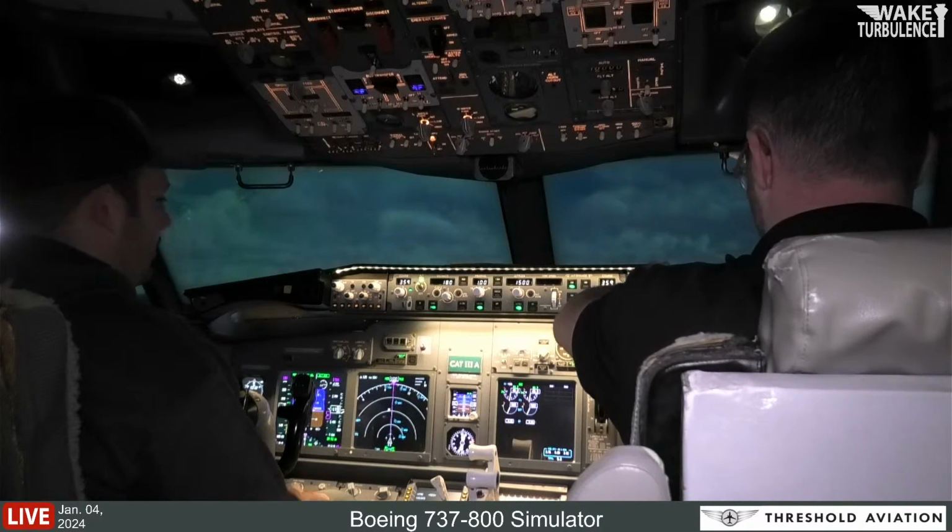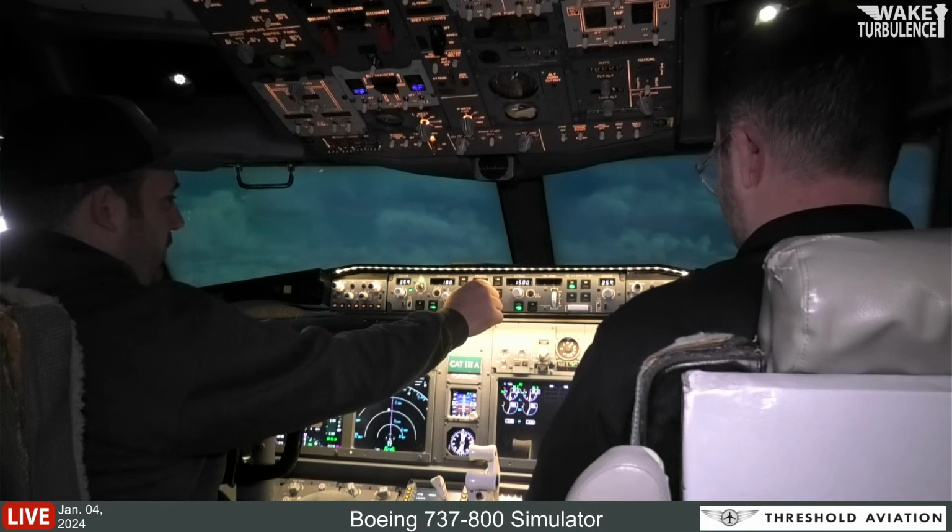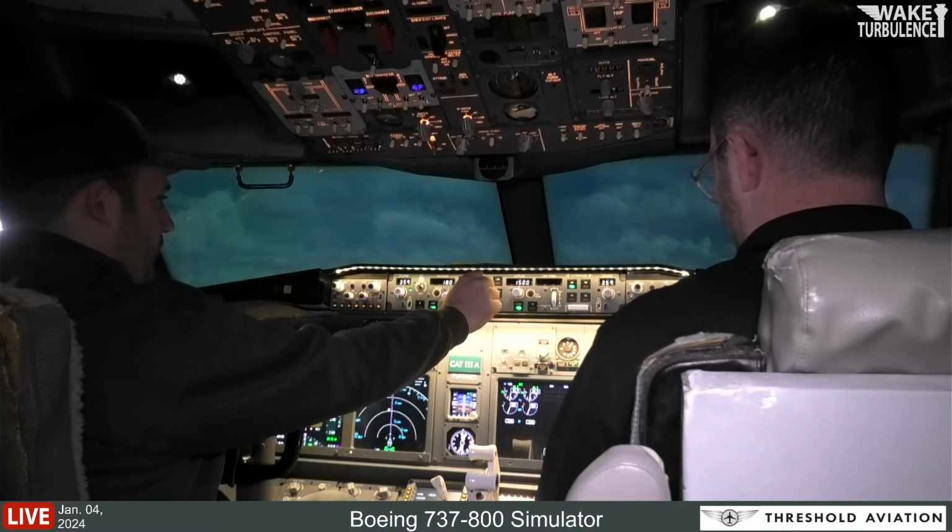I guess we're over the... I will start turning now. Yeah, let's do that. That's a good spot for a base. What was our base again? Our 010? Base was 010, yeah.